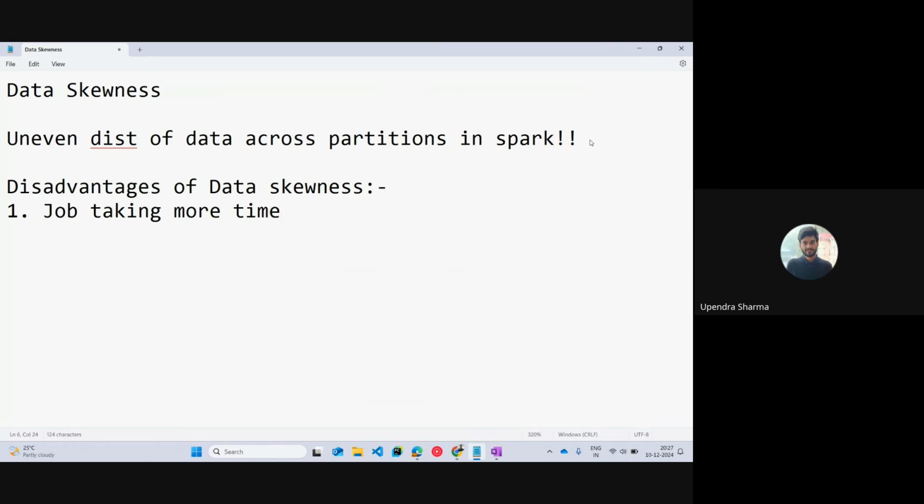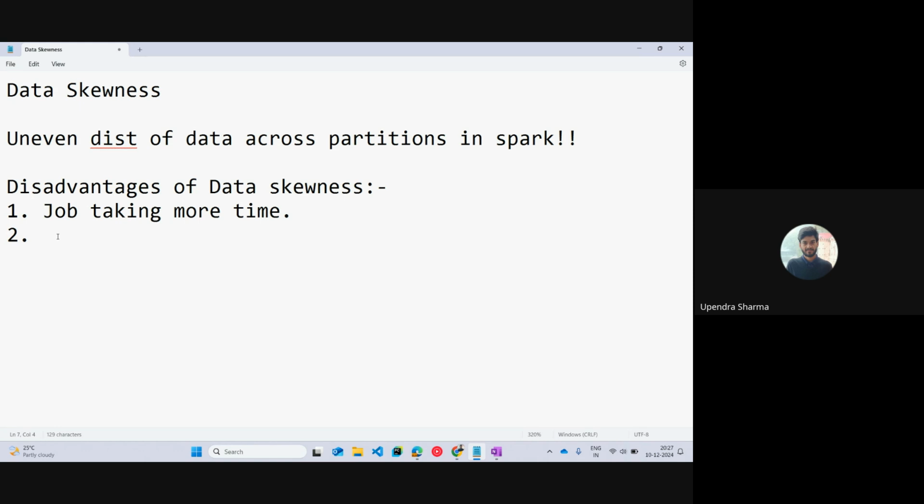So as I mentioned, if we have data skewness, then the job will take more time to complete, because they have to wait for that particular partition, which is still processing the data, and only then can they present us with the consolidated output. Also, if the job takes more time, it is not only related to the job, it will also take developers' time and effort to troubleshoot why this job is taking this much time. So all these efforts go in vain. All these efforts are a waste.